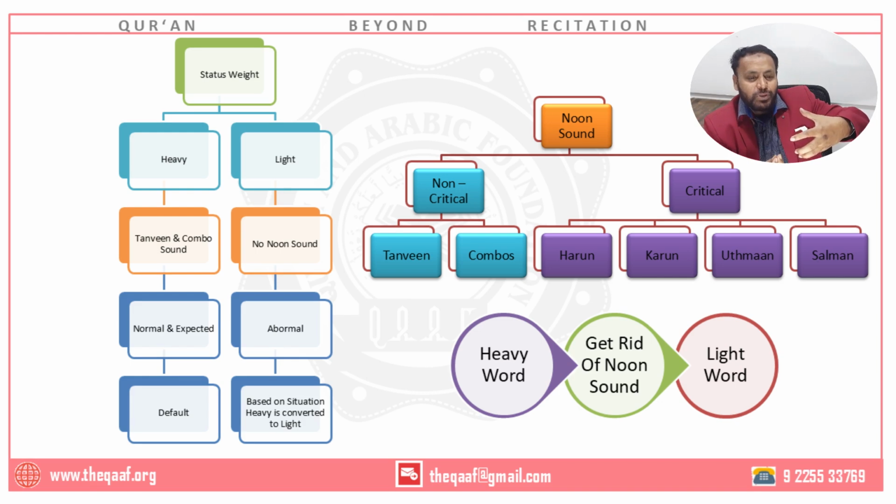The actual word is Muslim. All nine words are Muslim, with different endings added to it. So it becomes heavy. But if I remove that, it becomes light. The point I'm trying to drive is, you can only remove what you have added. You cannot just take a talwar, a sword, and start removing the noon sounds, because some of the noon sounds are part of the word. They are not added to it. The ending sound and ending combinations are added to it.